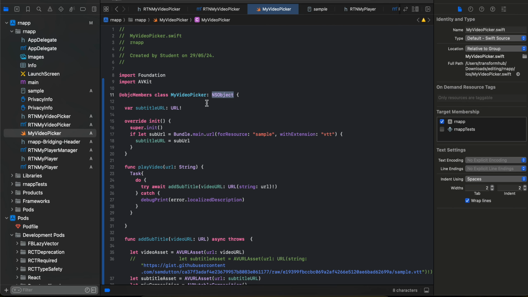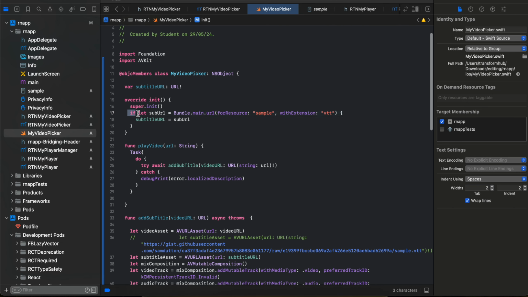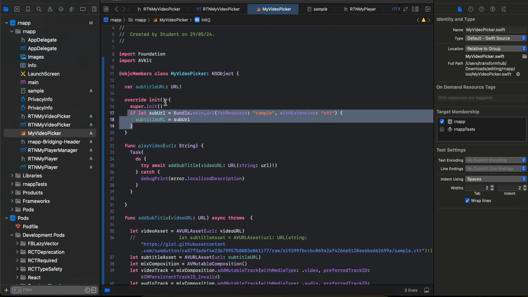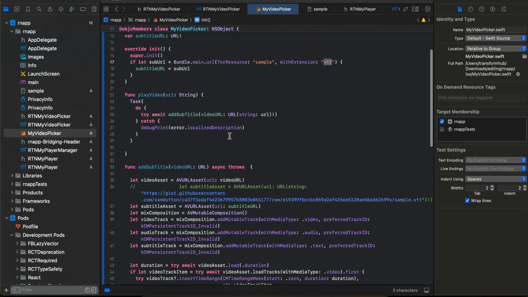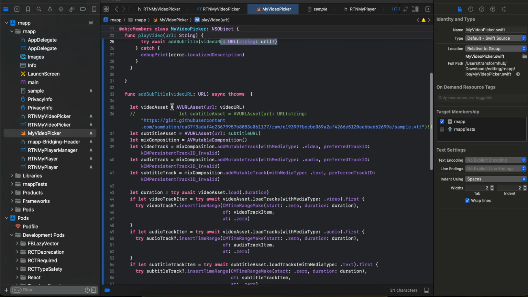Next, inside my video picker, as you can see I am initializing our subtitle URL inside the init method itself, but if you have not hard coded it, you don't have to really do this. So again the name is important, my subtitle name is sample and vtt, and inside play video we just call this add subtitle method, pass our video URL, and if you see the implementation,